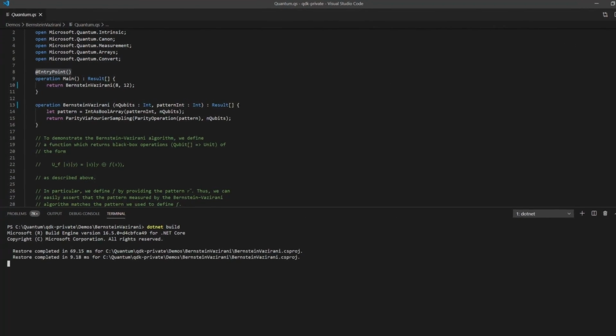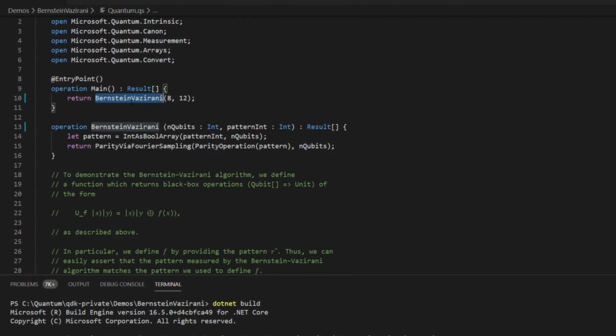Now, let's prepare for the scalable quantum computing of tomorrow and look at how we can execute some quantum code against real quantum hardware. As an example, we're going to take the Bernstein-Vazirani algorithm, which was invented in 1992. This provided one of the earliest indications that quantum computing can outperform classical computing. This algorithm showed that a quantum computer could find an unknown string of any length using just 2 queries, whereas a classical computer would need to use n+1 queries, where n is the length of that string that we're looking for. So what exactly do we need to do to run this?